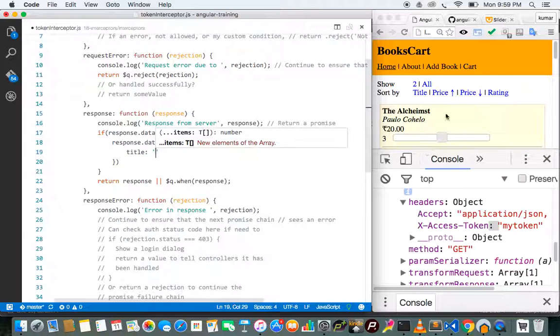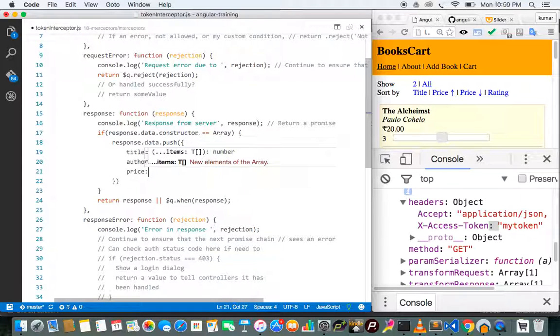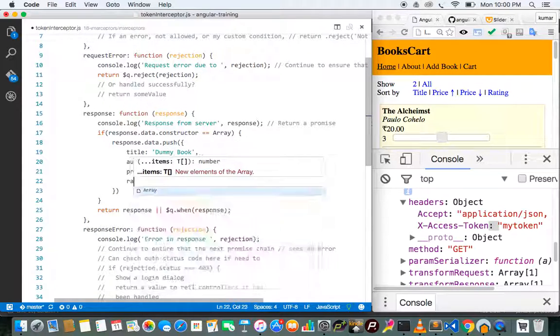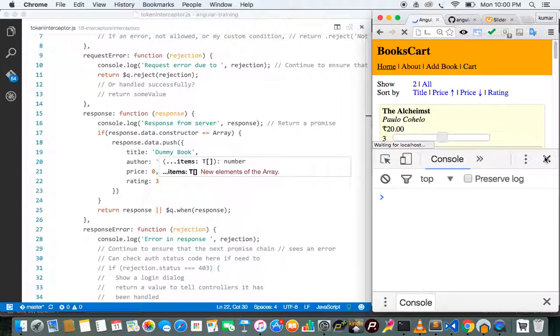So the only call which fetches an array as response is this book list fetch call. So I'll add a dummy book. Author is dummy author. Price is 0. Rating is 3. So if I refresh,